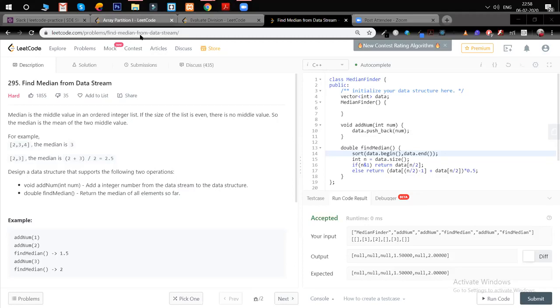Another solution can be, when we are adding the number, use binary search to find the correct position for that number right there, and then keep a pointer in the middle of the array. Actually two pointers, and the pointers will move either one to the left or one to the right at any addition. So get median will be O(1) and adding will be O(log n).